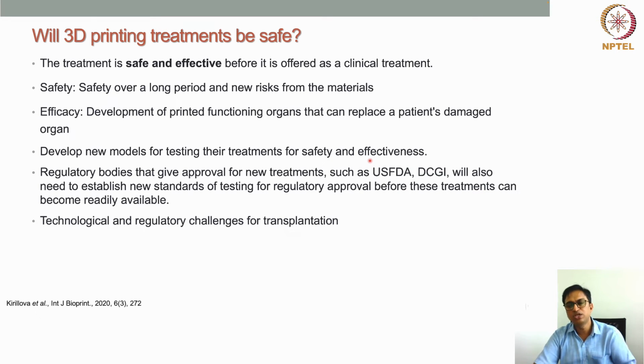But when we actually do organ printing, then we develop tissues or organs for that particular patient, so it cannot be randomized. It is because it's a tailored product. So the safety and efficacy evaluations should also be tailored. So we need to come up with guidelines, we need to come up with evaluation techniques by which we can actually check the safety and efficacy for that particular bioprinted tissue or organ, because this cannot be done the other way, like randomized clinical trials.